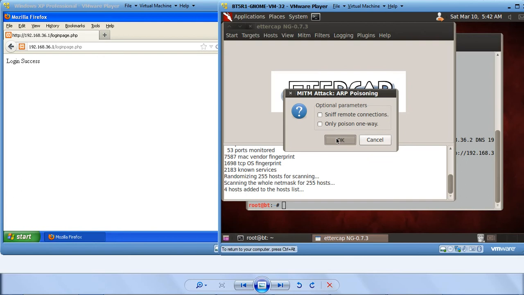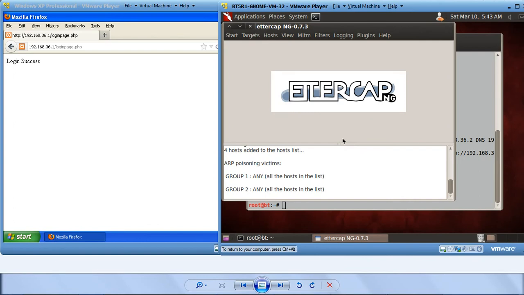What happens actually in ARP poisoning is you poison the ARP cache. If you know how to check the ARP cache, there is a command arp -a. When you run this command, it shows you the ARP cache of the complete network, the IP address and the physical address. When this attack is going on, the ARP cache is poisoned. So all the machines on a LAN environment might have different IP addresses, but the physical address of all the machines on the local area network will be the same as the physical address of the backtrack machine.